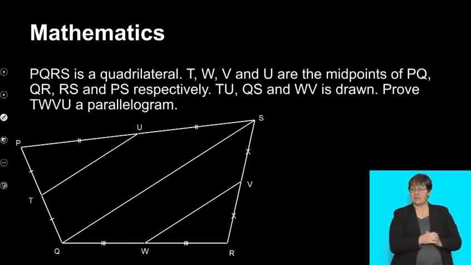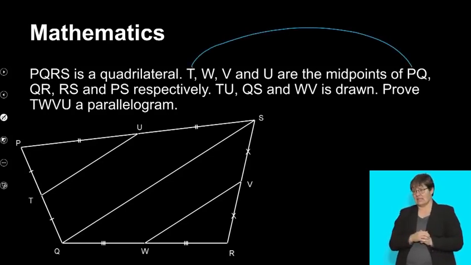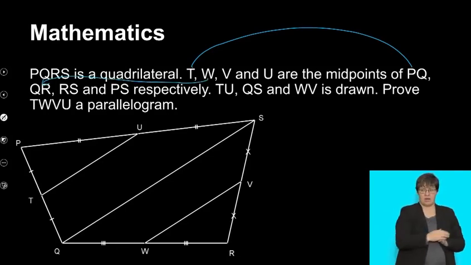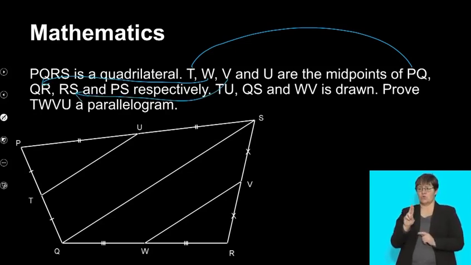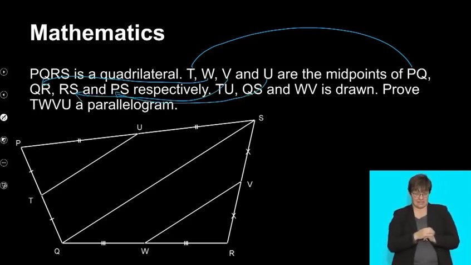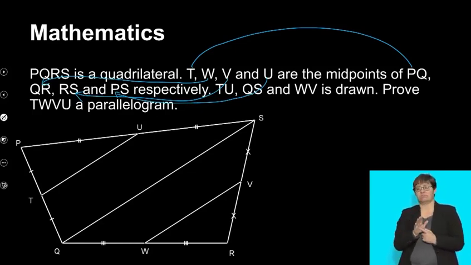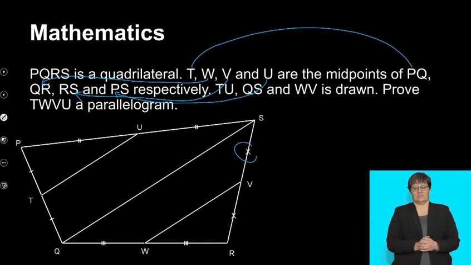Firstly, it means T is the midpoint of PQ. W is the midpoint of QR. V is the midpoint of RS. And then U is the midpoint of PS. You see, that's what they respectively mean. And then I try to indicate them with lines, and then this is an X there, just to say they are equal. All right, so what they want me to now prove is to prove that